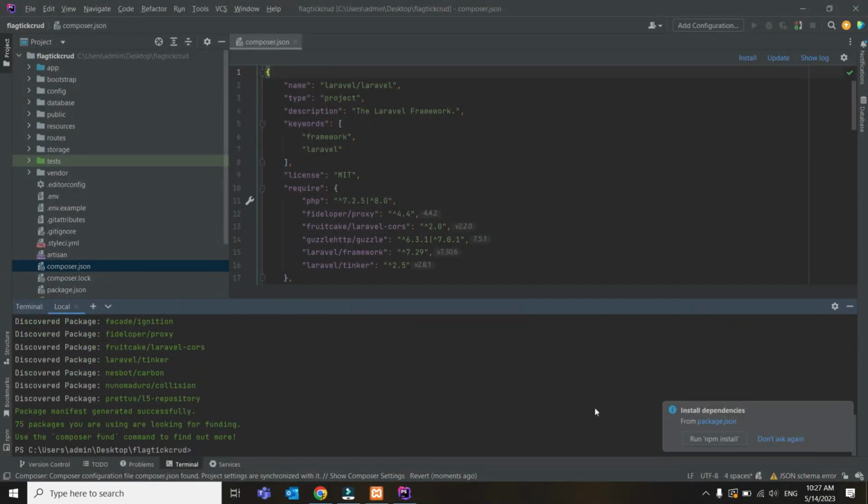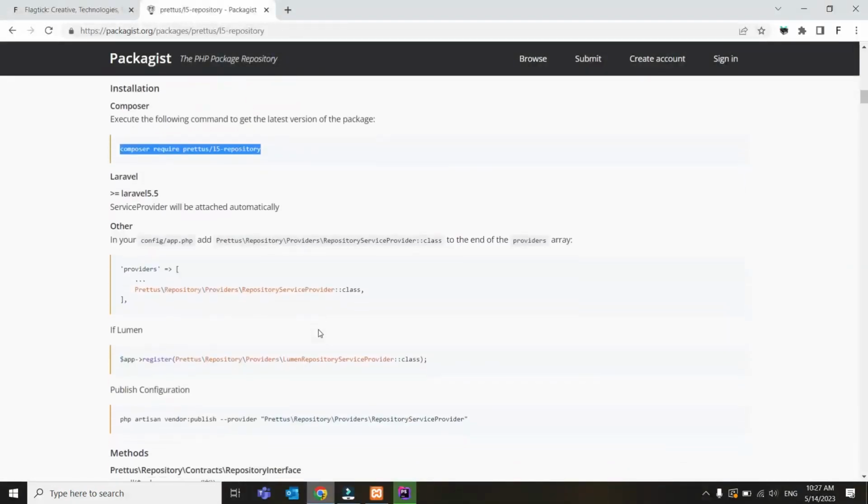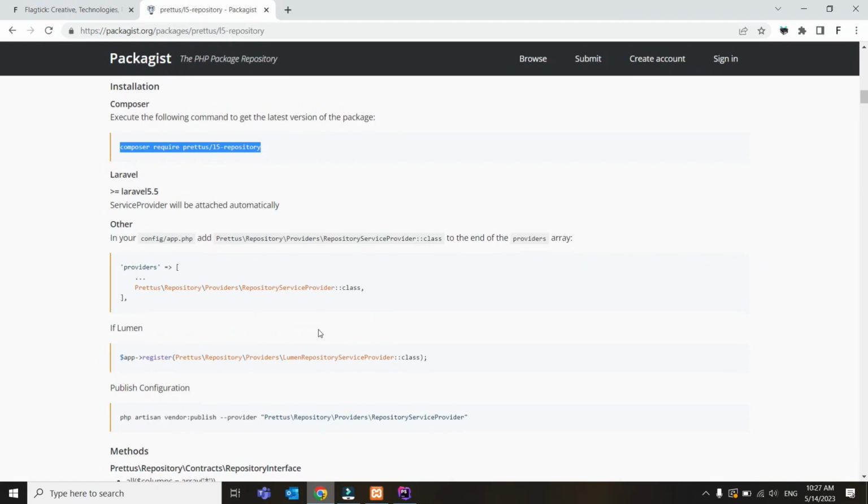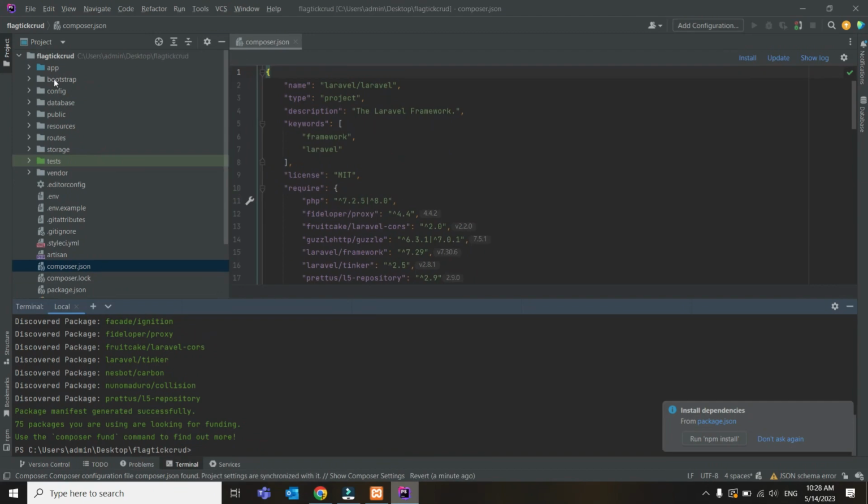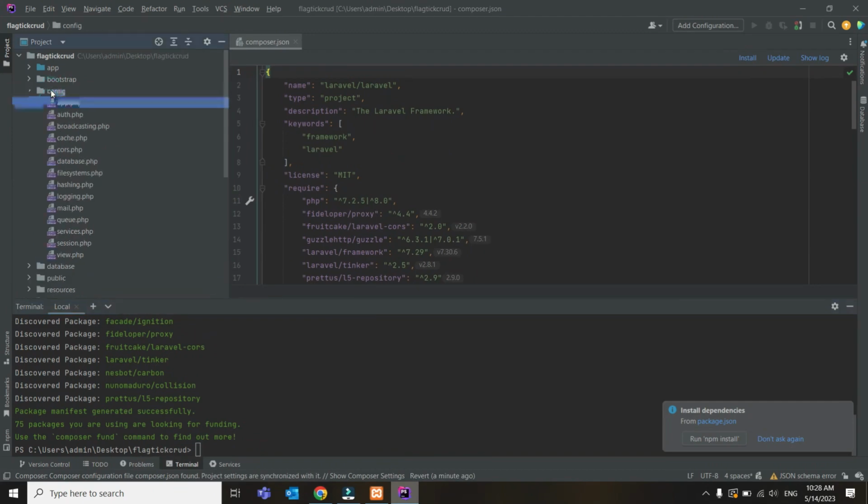Okay, so it's already done right now. So let's come to the browser. In the browser, when you scroll down, you can see they have some advanced configuration. If you use Laravel version 5.5 or higher, you need to set up the repository service provider in the app.php file. So I just want to copy this and come to the config folder, come to app,